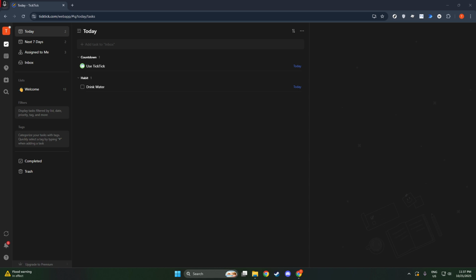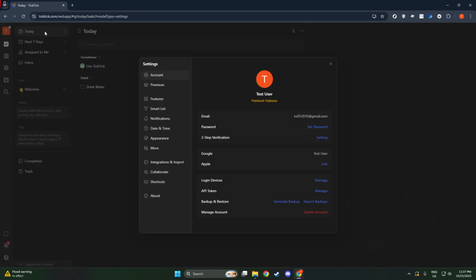First, you'll want to open the Ticktick app on your device. It couldn't be simpler. If you're using a mobile device, just tap on your avatar. This is usually found at the top of your screen. Once you've tapped, you'll see a list of options where you should select Settings. For those of you on a desktop or a laptop, look for the gear icon. You'll find it in the bottom left corner of your screen, and a quick click will take you directly to